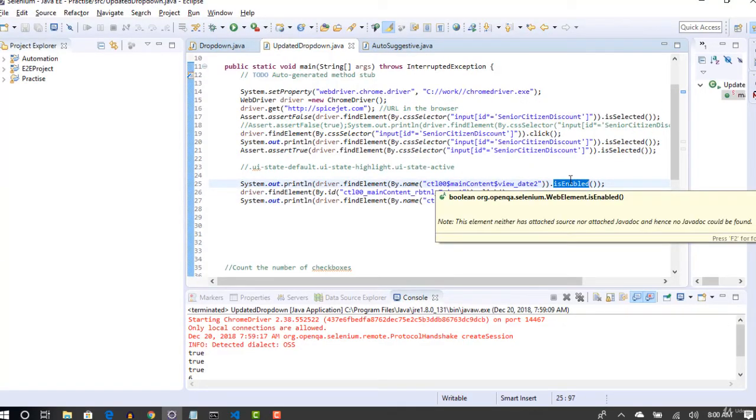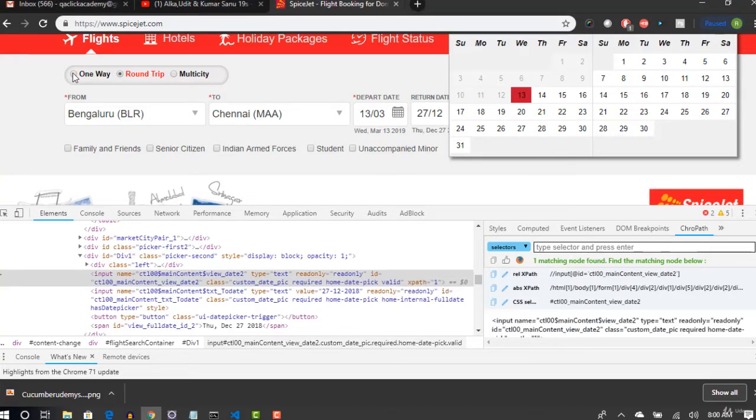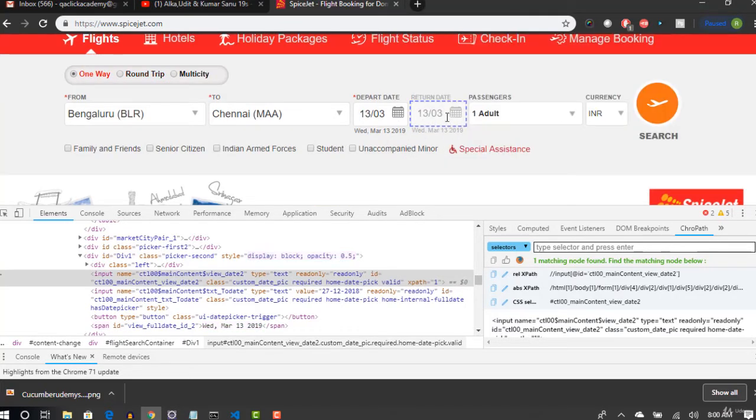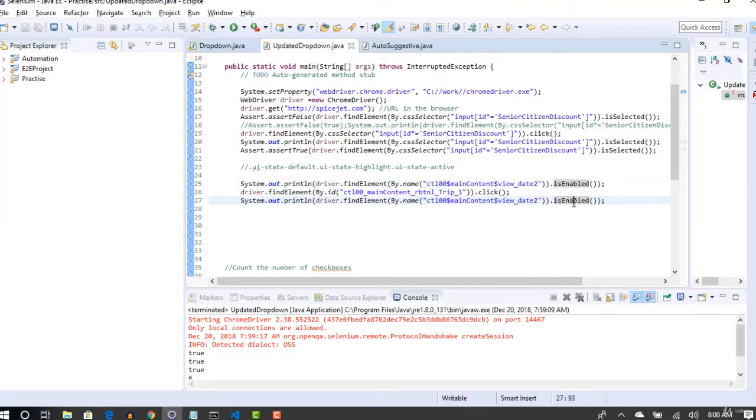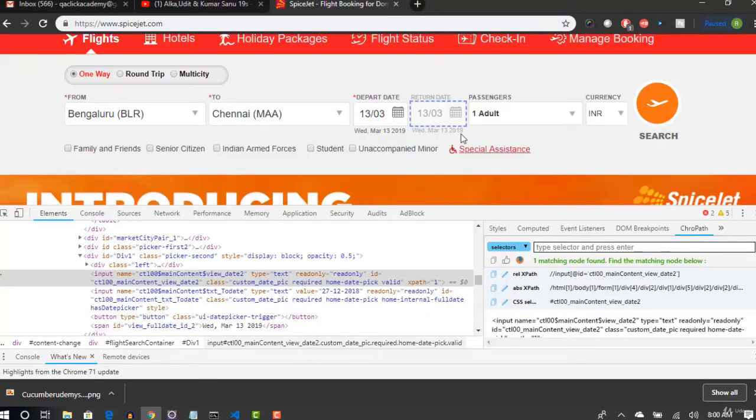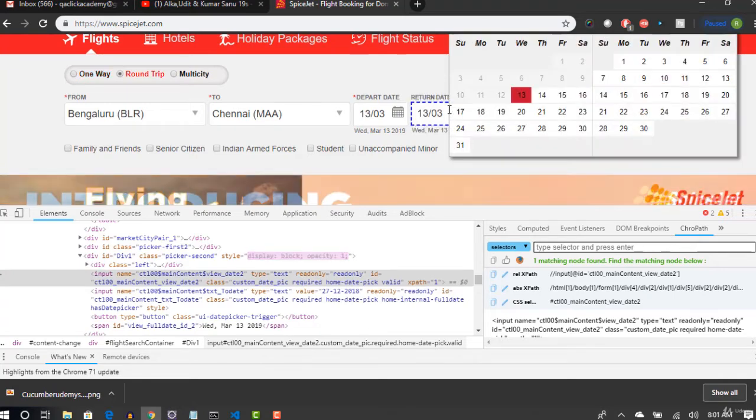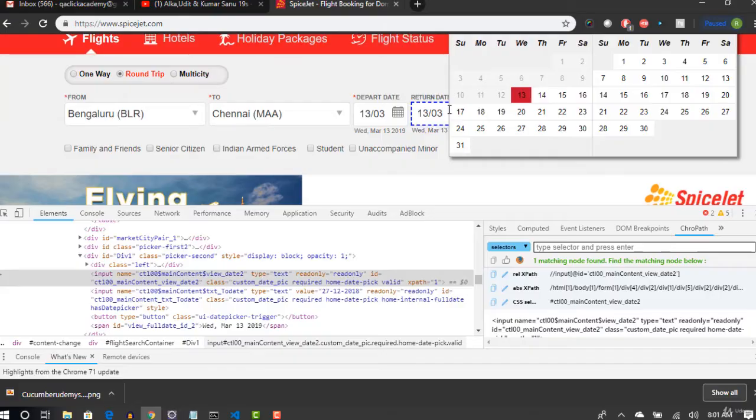As per Selenium's thinking, when something is disabled, even if you click on it, nothing should happen. And that's how they designed isEnabled. But the problem is, in current technology, they have made the UI look disabled, but if you click on it, it still works. So that's why this is failing.